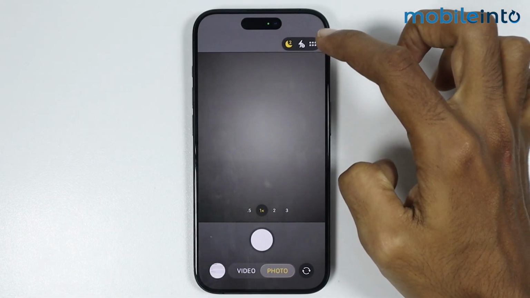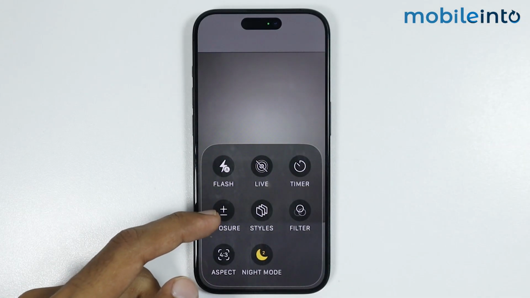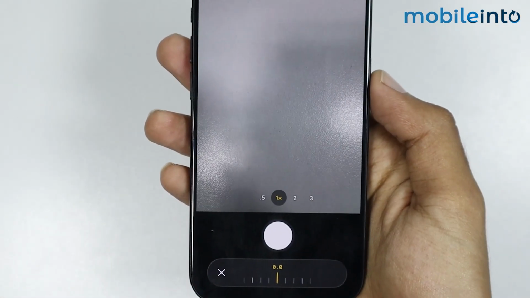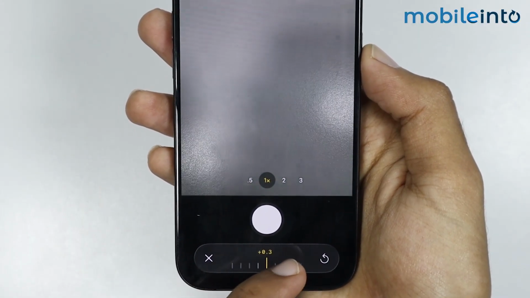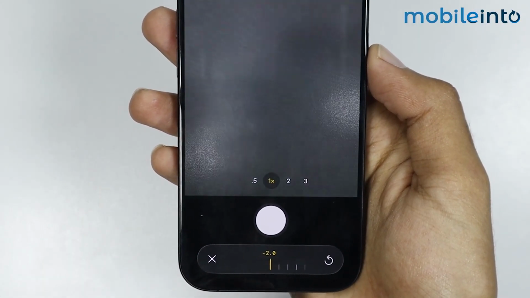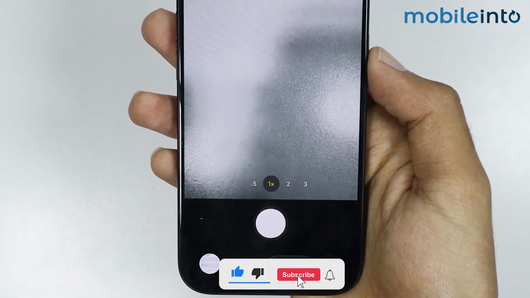Now just tap on the 6 dots over here and from here you will find the option of exposure. Now, if you are facing flickering issues, just adjust the exposure according to your lighting to fix the blinking issue in the camera app. But if you have done all that and if this did not fix your issue, then